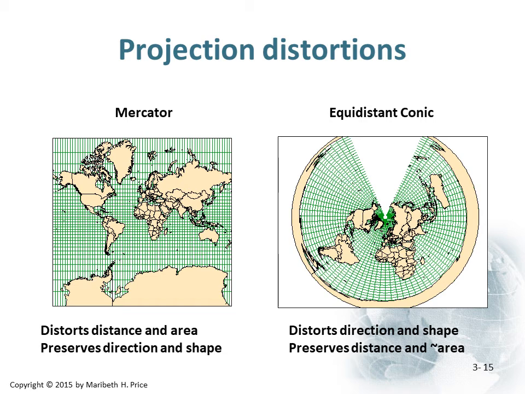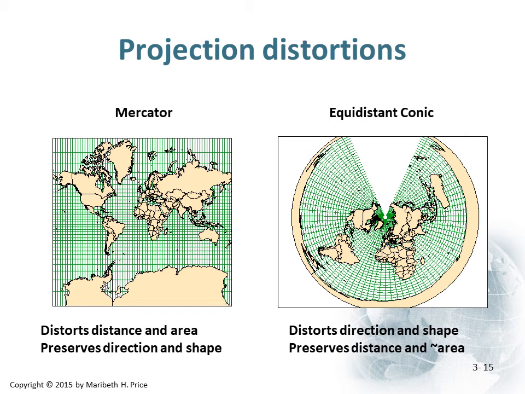Go back over to the image on the left. Notice where Africa is. Compare the size of Africa to the size of Greenland. Now go over to the equidistant conic, and compare the size of Africa to the size of Greenland. See the difference? Mercator distorts distance and area. It preserves the shape of objects and the direction, which Mercator designed that projection for sailing, primarily back in the